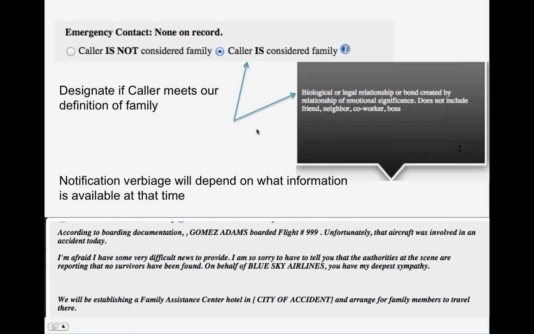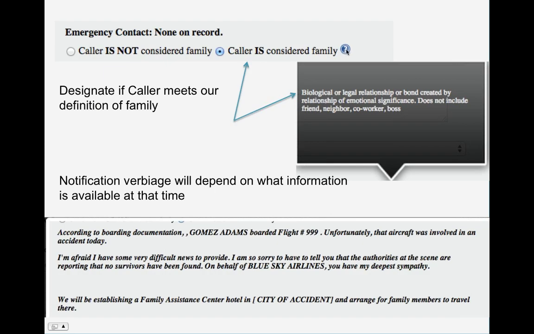So not just relationships by blood or legal proceedings, but also relationships of emotional significance. So, for example, a girlfriend or a fiance does not have any sort of legal status, but for purposes of family assistance, that person is going to be considered family.